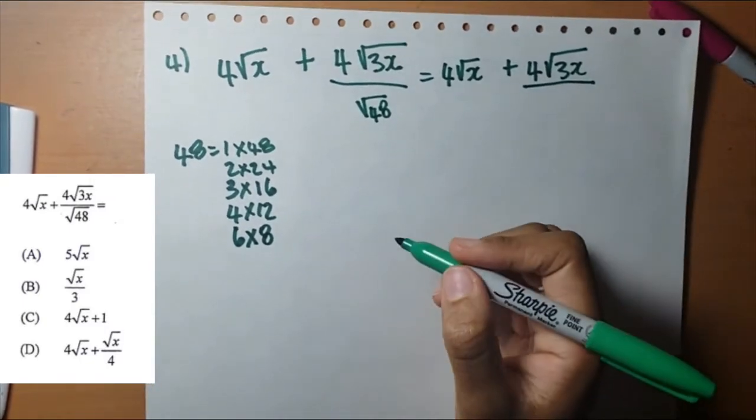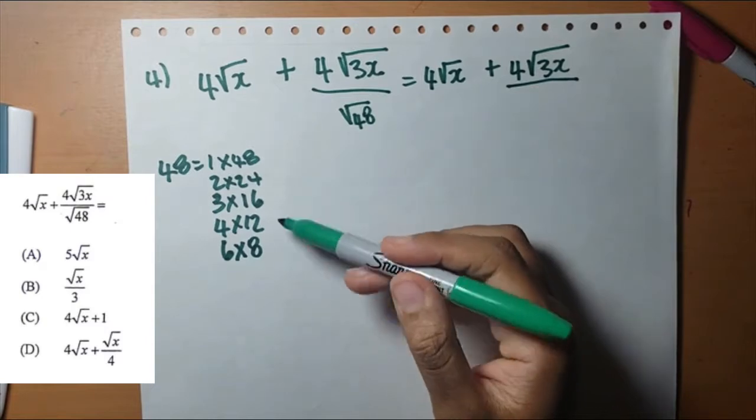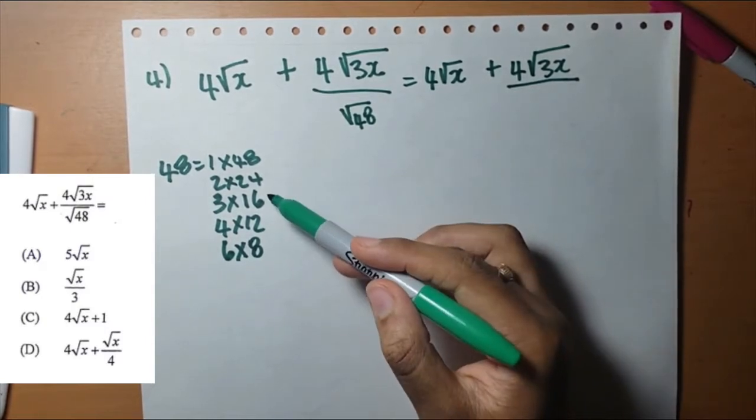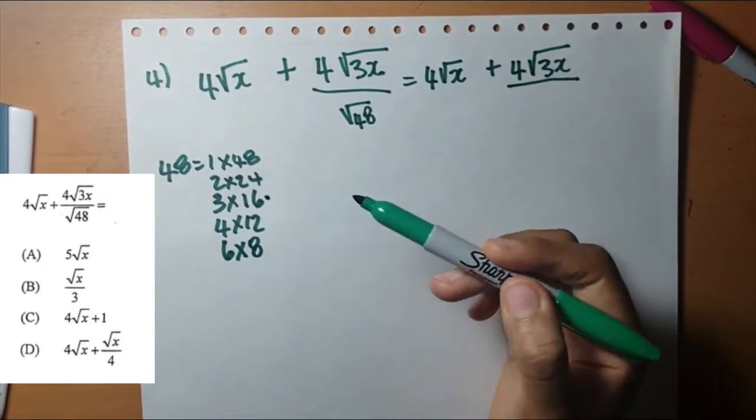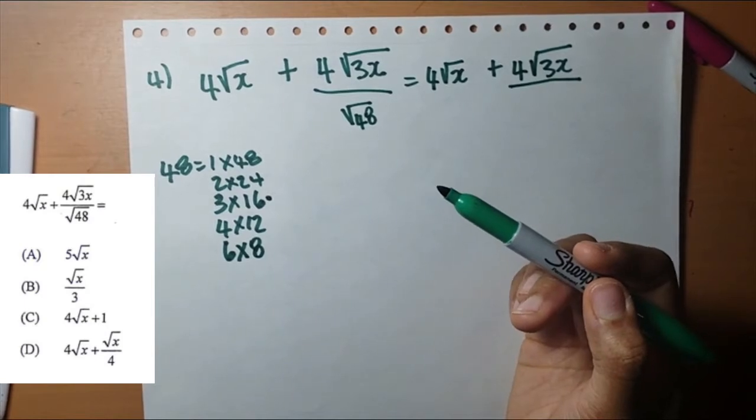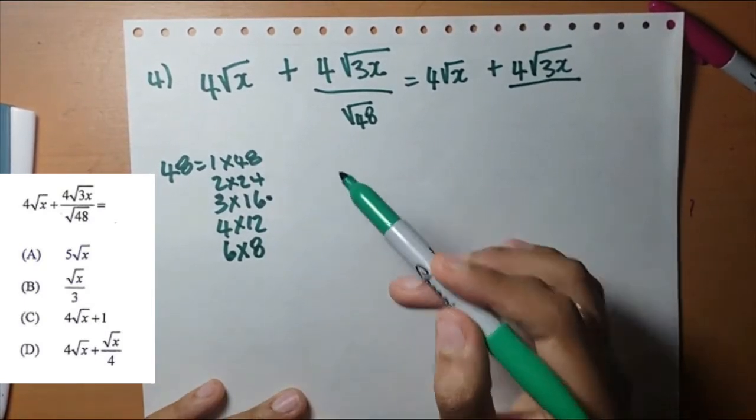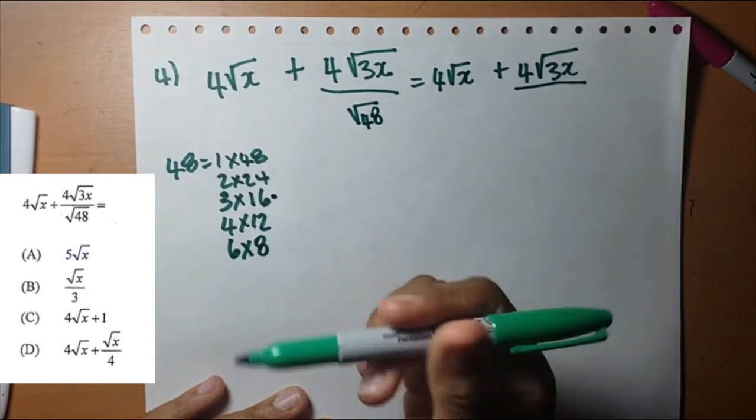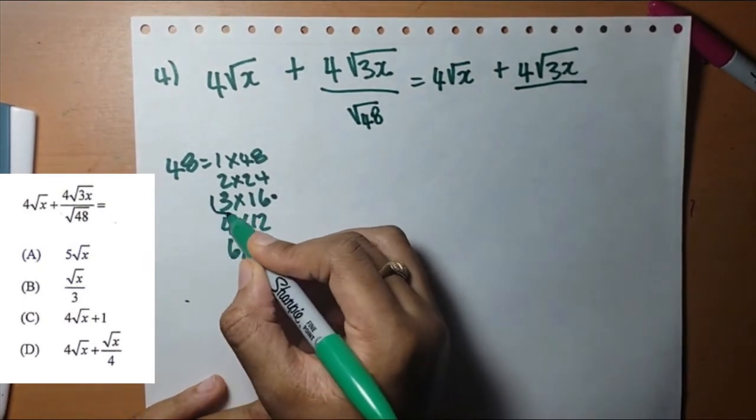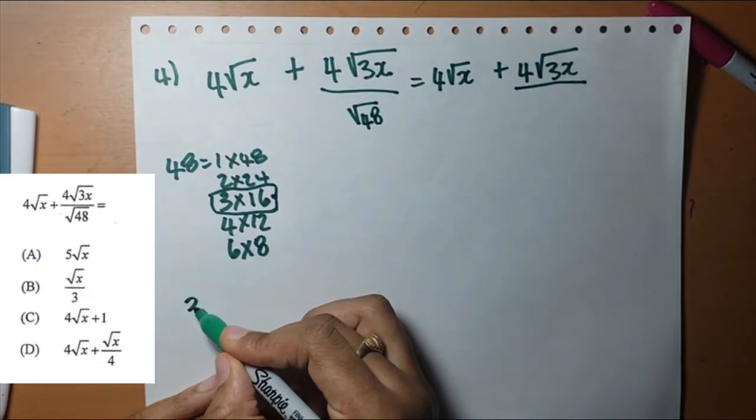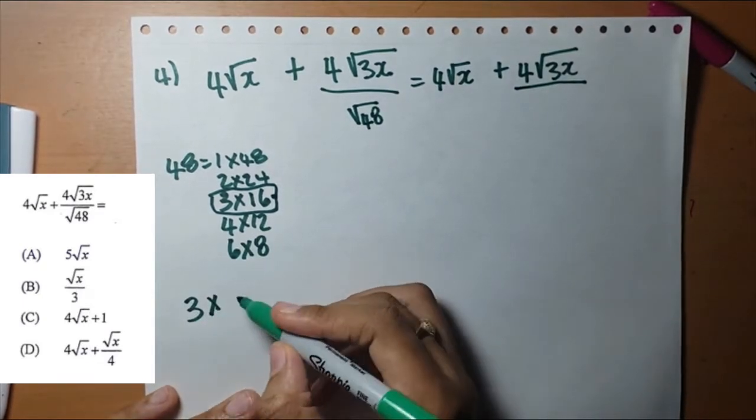So now, which one of these is a perfect square? I know that 16 is a perfect square. A perfect square is like 1 times 1, 2 times 2, 3 times 3, 4 times 4, 5 times 5. So this is 4 times 4. When you're doing thirds, you need to know your perfect squares. So this is 3. We're going to extract this one. So this is 3 times